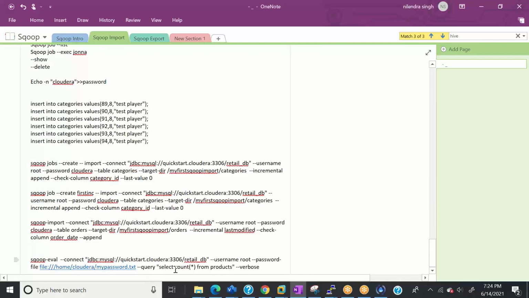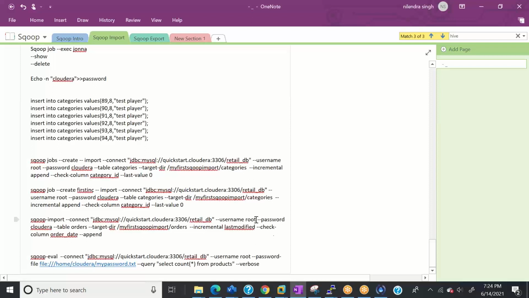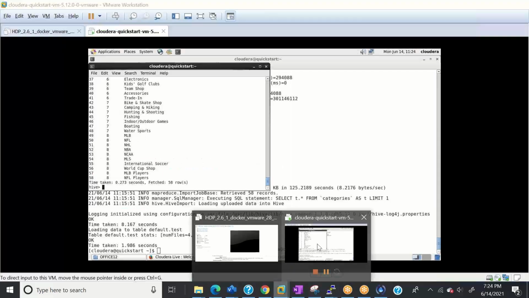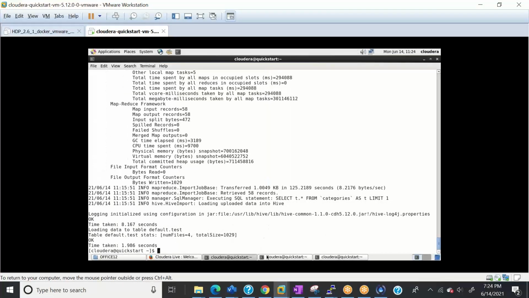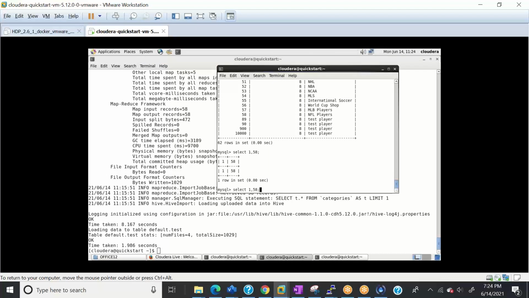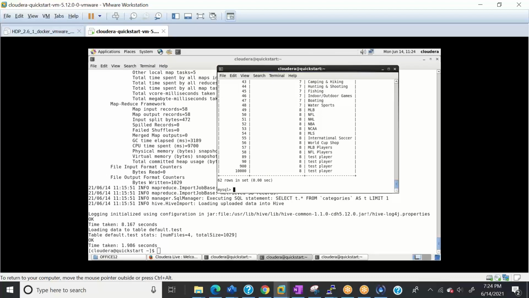Okay, first of all, let me do one thing for you. This is the last topic, so don't worry, I will leave you in 2 minutes. So when you see here, we have this many rows, right?